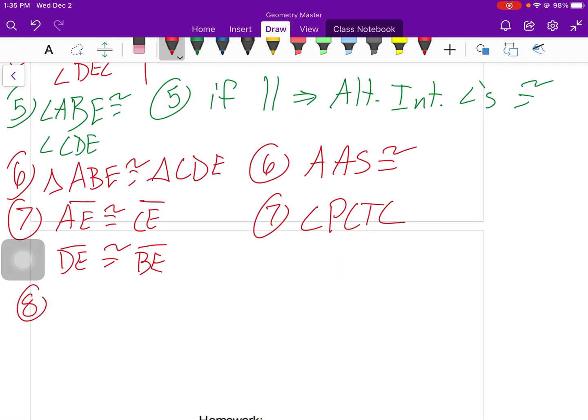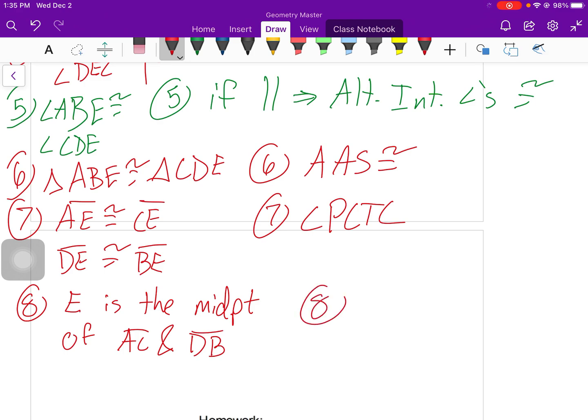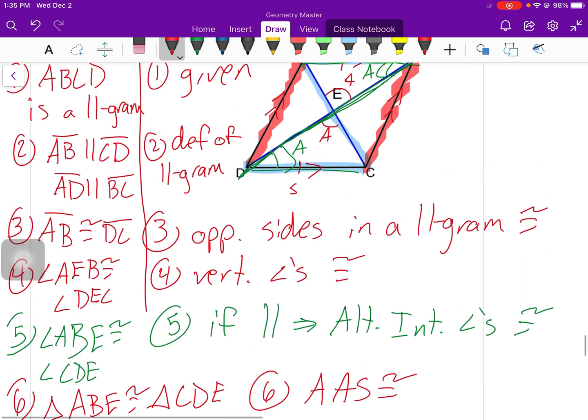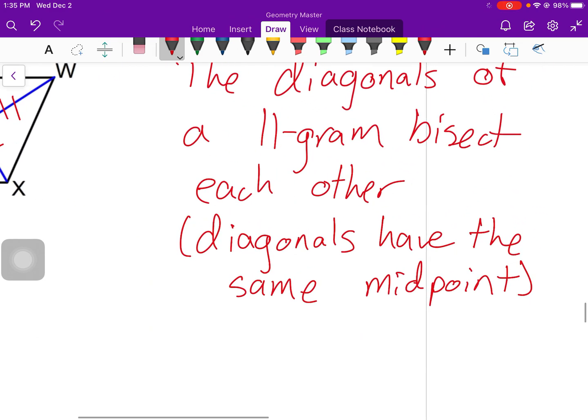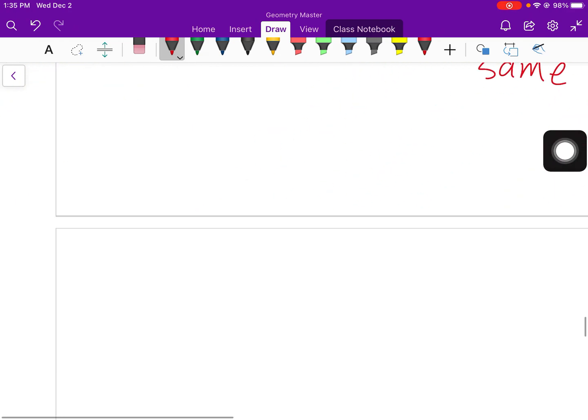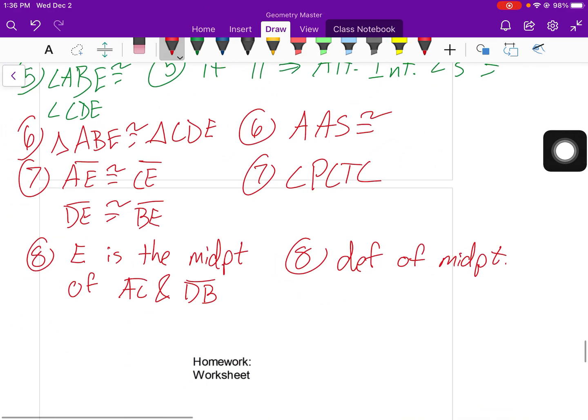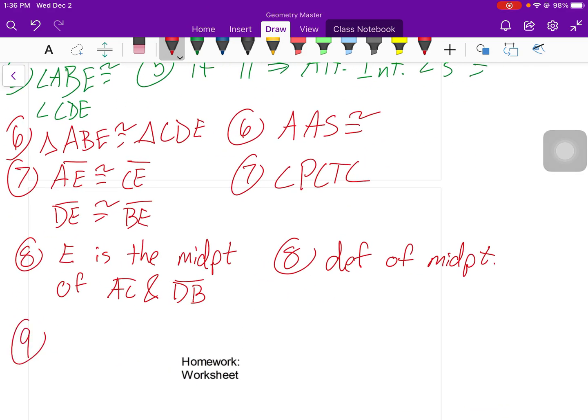Okay, I have 2 more steps. So step 8 tells me that E is the midpoint of segment AC and segment DB, because that's the definition of a midpoint. And now we're functionally done, right? Because this theorem says show that the diagonals have the same midpoint. But the theorem technically says that the diagonals bisect each other, so we need to actually say that to be officially done. So step 9